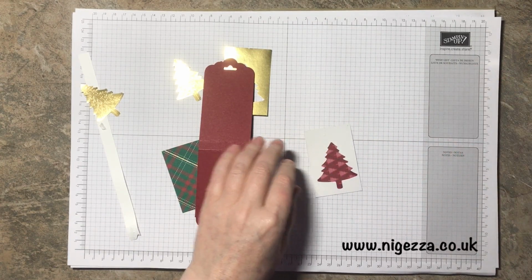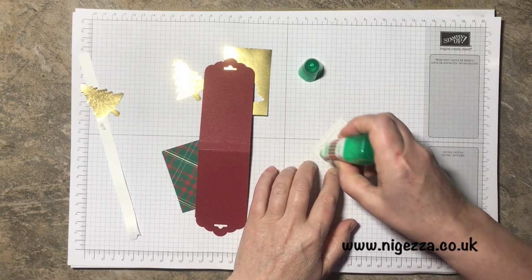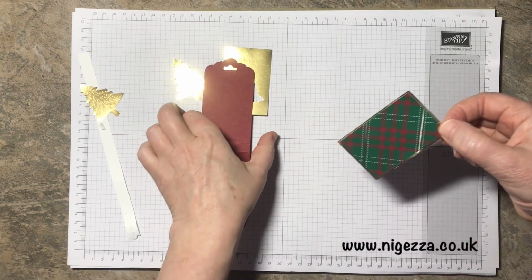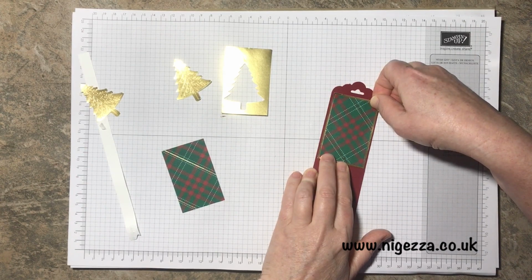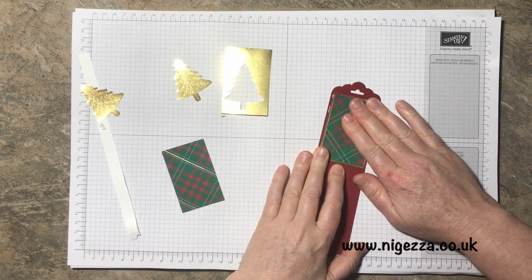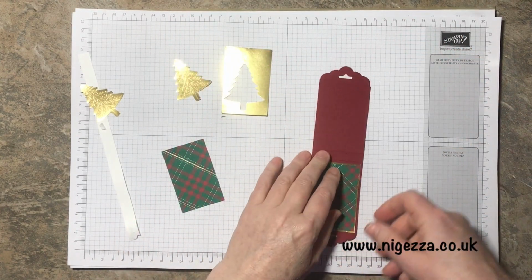I'm going to use Tombow to stick this on because it's a little bit heavier. So again, we've got a smaller margin than the snowman one, because if we'd done it the same sizes as the other one, ooh, just moved it there, we wouldn't have been able to punch the tree out. There we go, and then